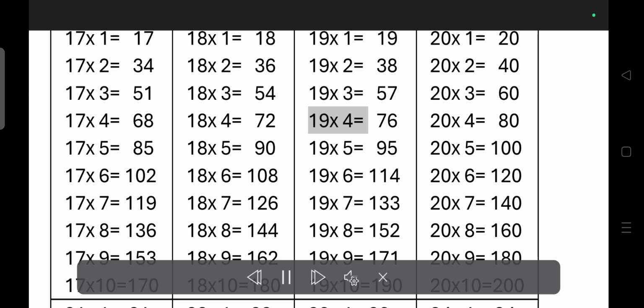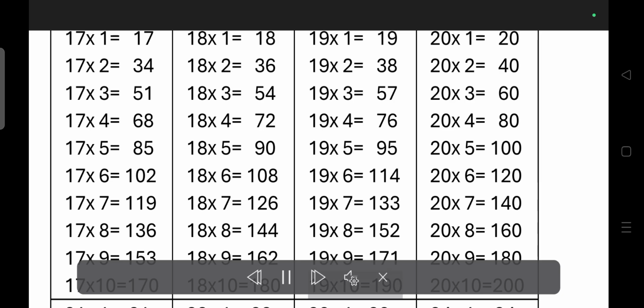19 times 4 is equal to 76. 19 times 5 is equal to 95. 19 times 6 is equal to 114. 19 times 7 is equal to 133. 19 times 8 is equal to 152. 19 times 9 is equal to